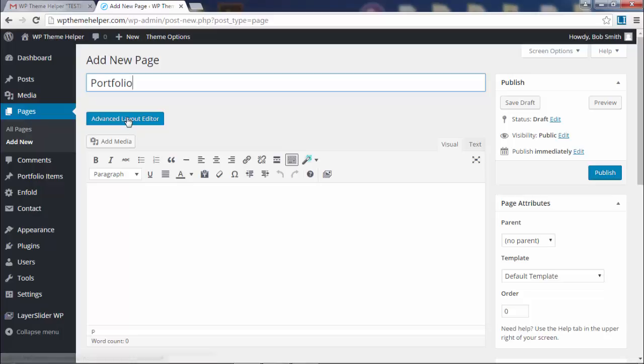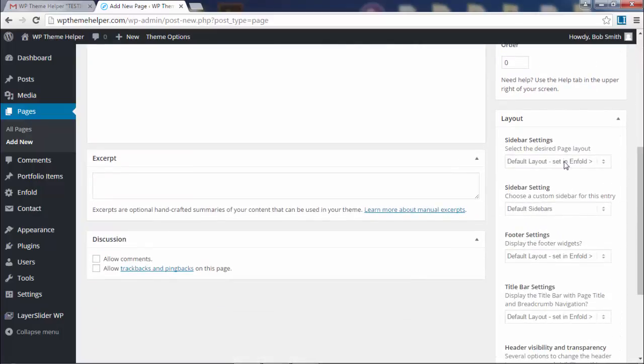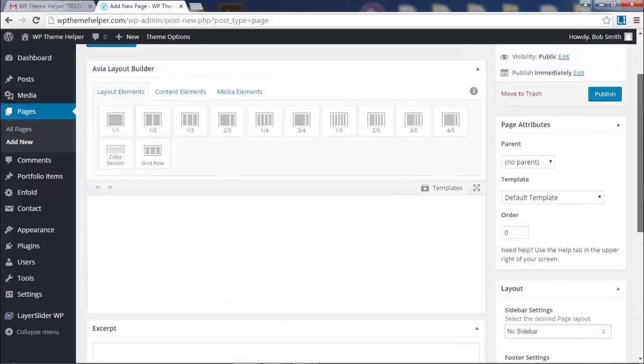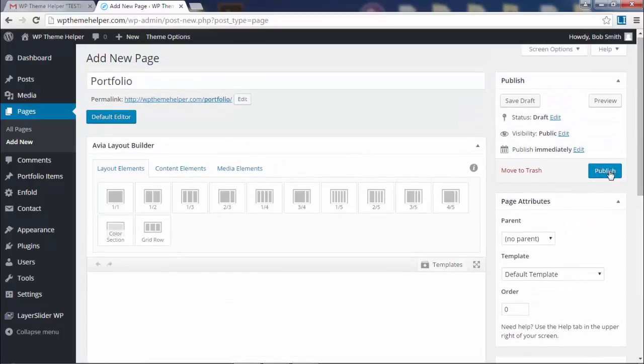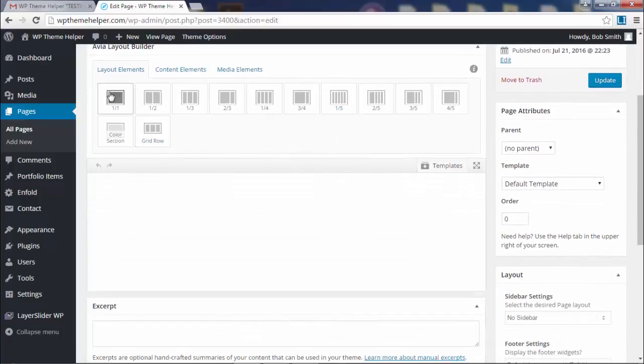Okay, turn on the advanced layout editor. Say that you want no sidebars here, and click on publish just to save it. And now let's create, what I want to do is I want to have 2 blocks